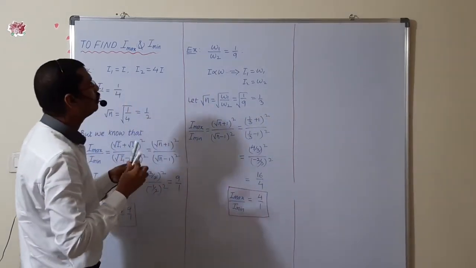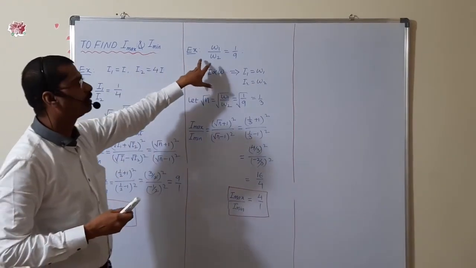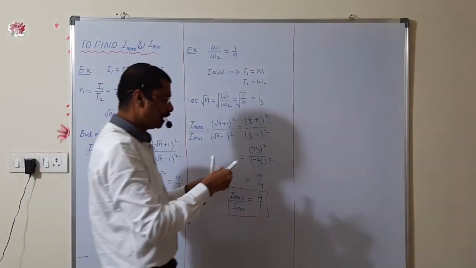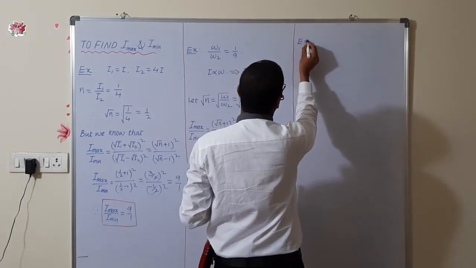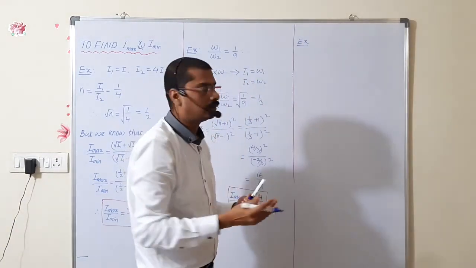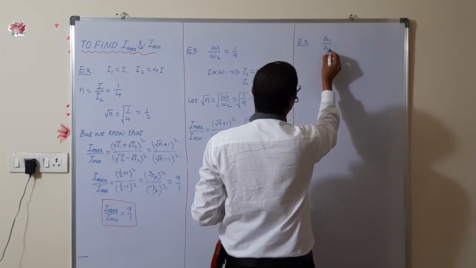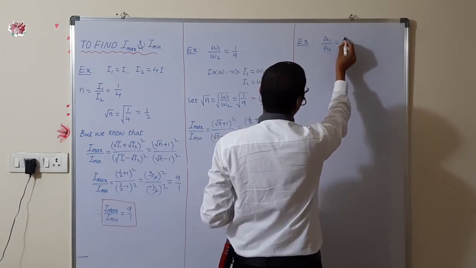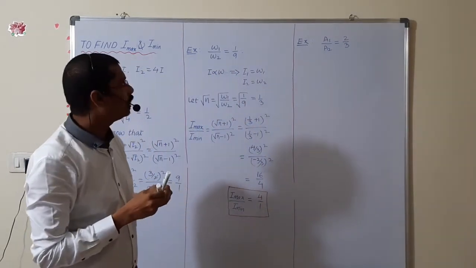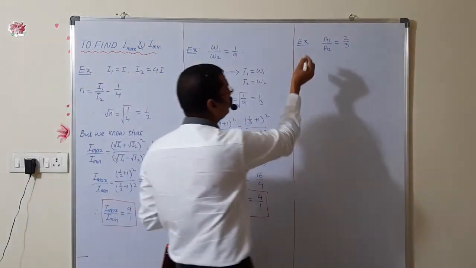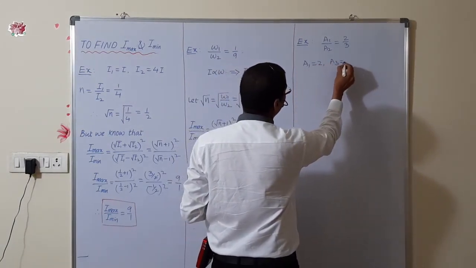This question is in terms of slit width, the earlier one in terms of individual intensities. The third question also will come. I net and I maximum value we can find out. That value is in terms of amplitude. For example, I am taking here A1 upon A2. This value is 2 by 3. The A1 and A2 values are given, otherwise we can write A1 is equal to 2 and A2 is equal to 3.